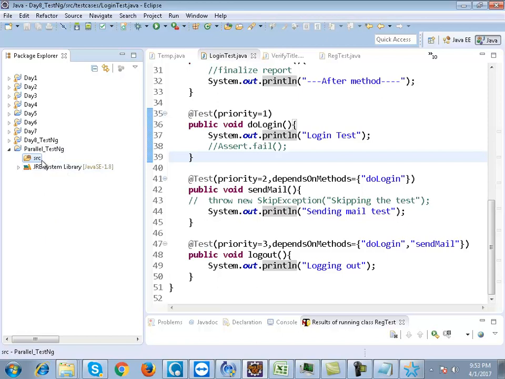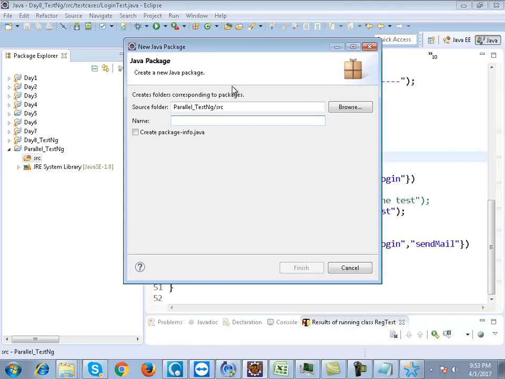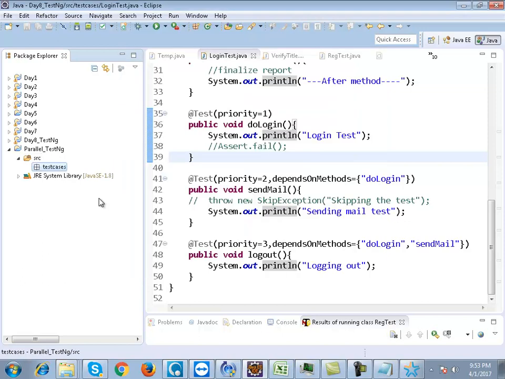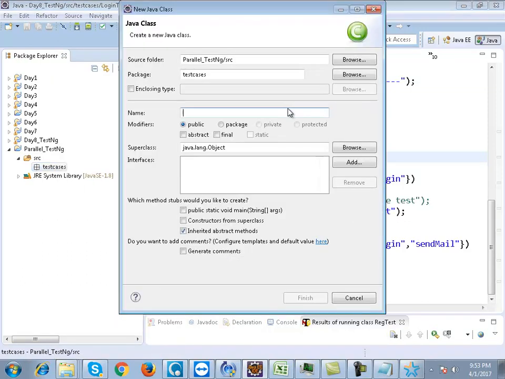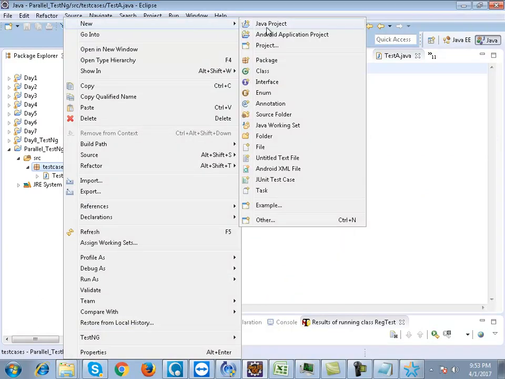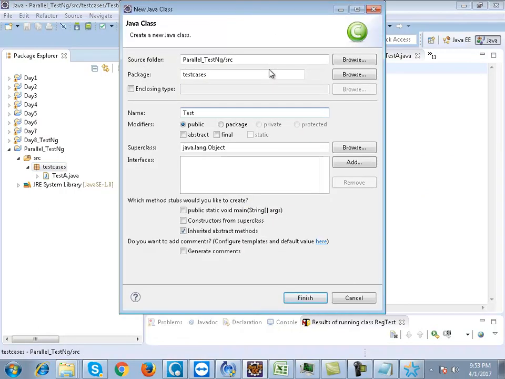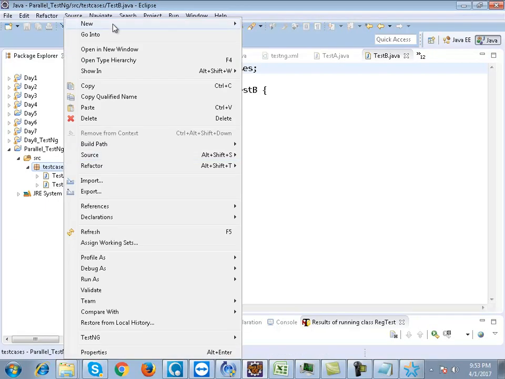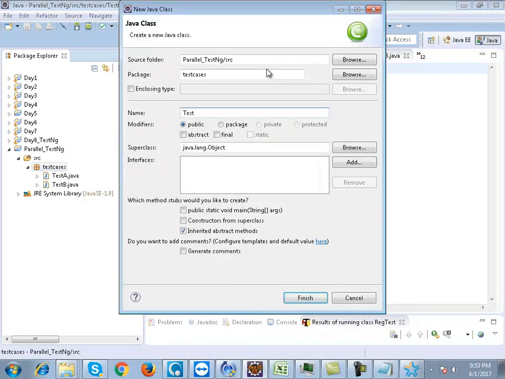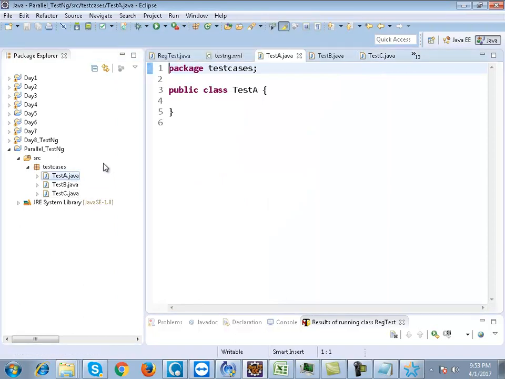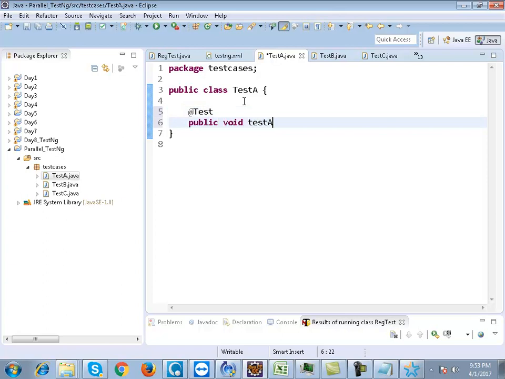Now, suppose I make a new package, test cases. Inside it, I make a new class, test A. Now we all know Grid. What is Selenium Grid used for? Can anybody tell me? Running the test cases in parallel, right? If I make a test case over here, say public void testA,